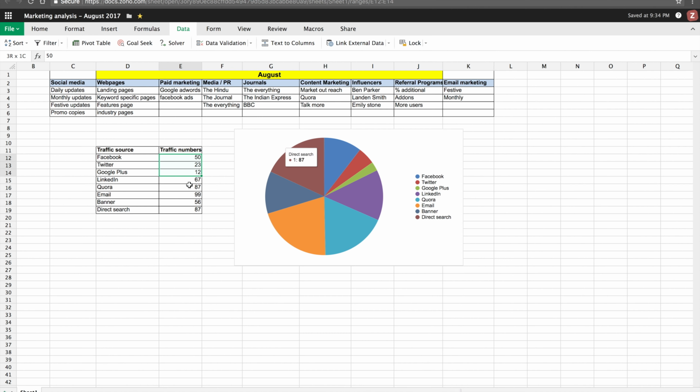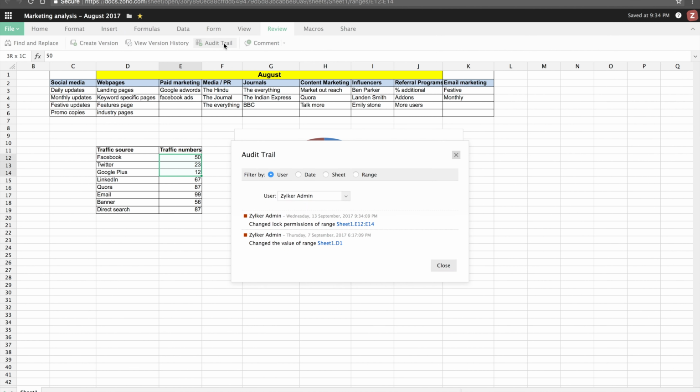Now with Zoho Sheet, you will also be able to do a very detailed audit trail. What I mean by that is that you can see what changes have been made by whom in your document, within the spreadsheet.